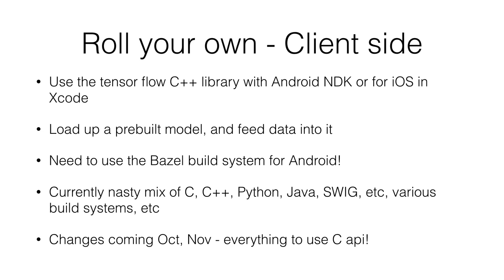Fortunately, Google have said that changes are coming. This October and November of 2016, Google says that they're doing a big refactoring and cleanup to make everything use a common C API for TensorFlow, and it will then be very easy to build language bindings that talk to the C side. So fortunately, things are going to get better soon.